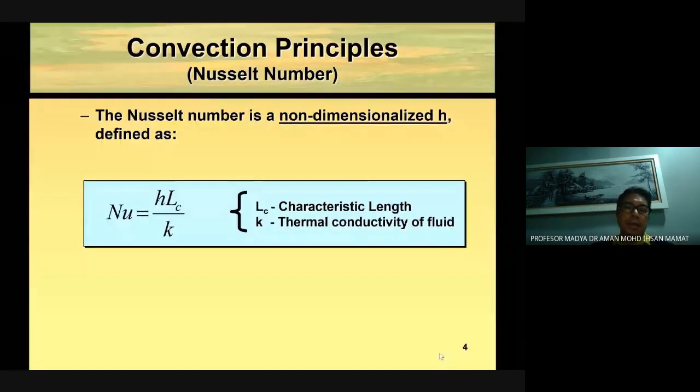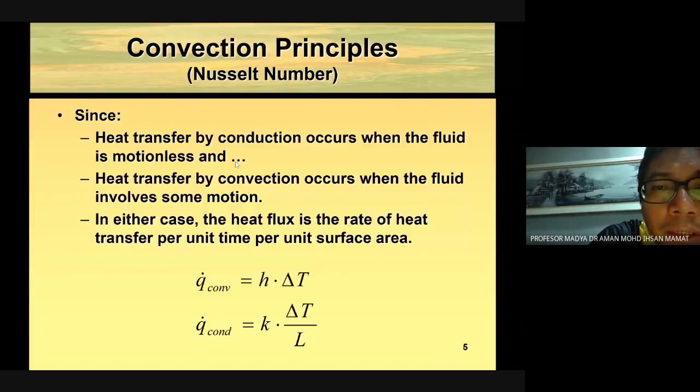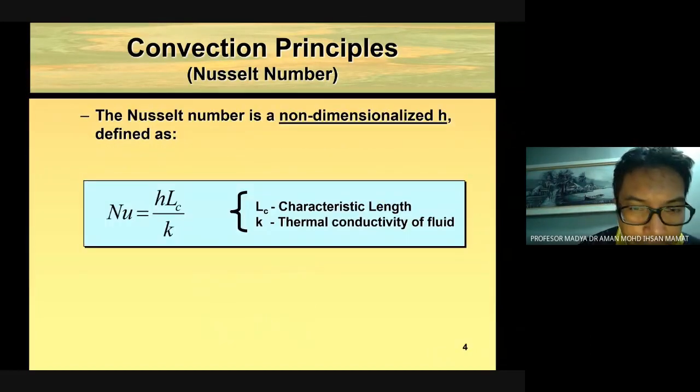So unlike the heat conductions, which is the equation is